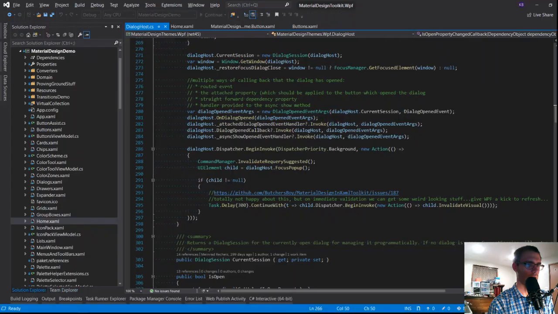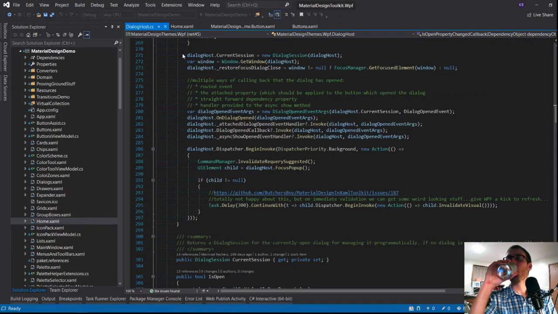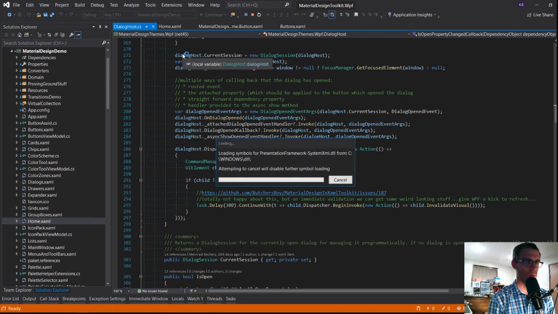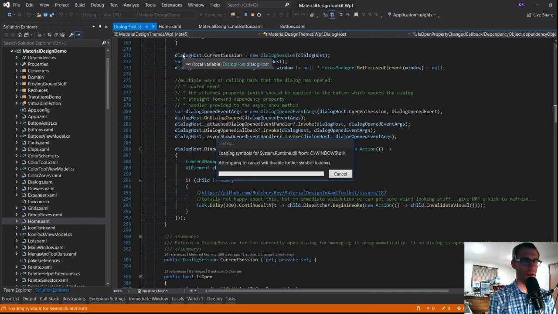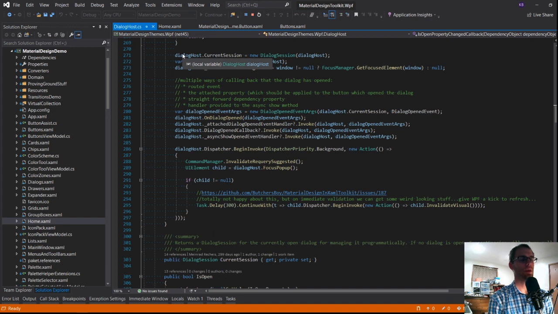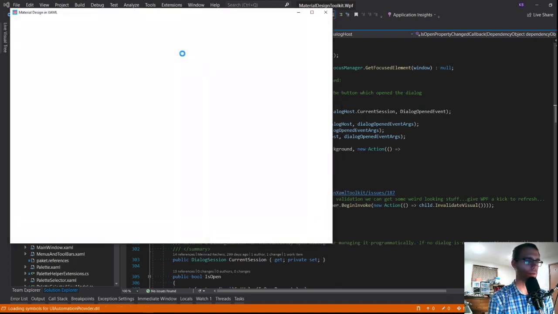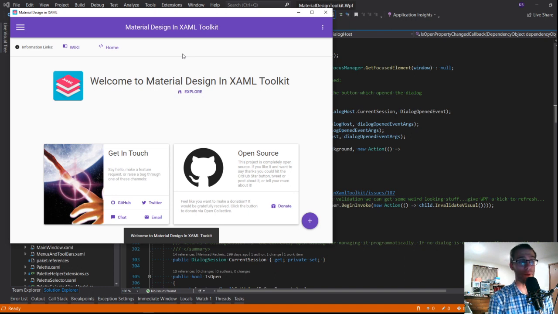And let Visual Studio catch up so that it can be happy. Because given the .NET Core 3.0 release, I know more and more people are wanting to use this. I would be curious where else people would want to use this. In the past, I've had requests for Avalon support. I've heard requests for Uno support. WinUI 3 is a tempting thought of where else to bring this material design stuff.